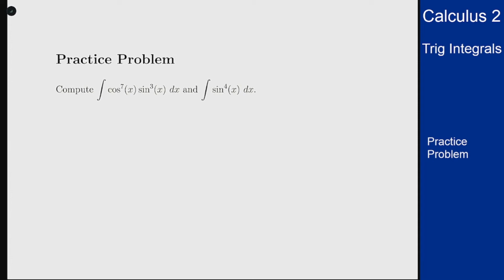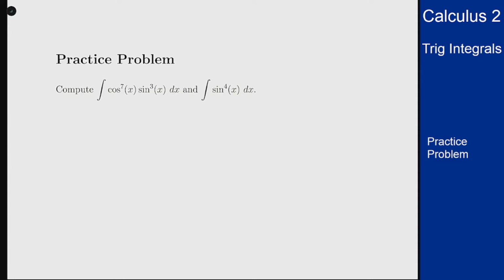For this example, we'll work out two different trigonometric integrals that involve powers of sine and cosine functions. So the first of these, we have cosine to the 7th x times sine cubed of x dx. And for this one, we're in good shape because both of these are odd, which means we have one extra of sine or cosine to pull off to the side to make our du term,